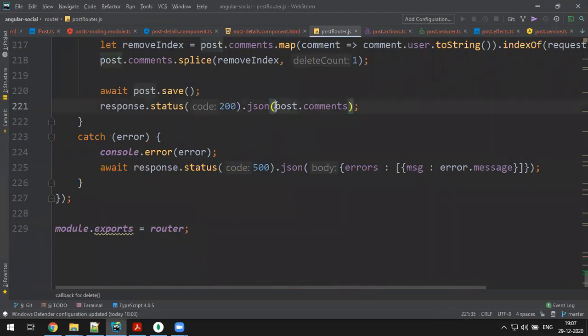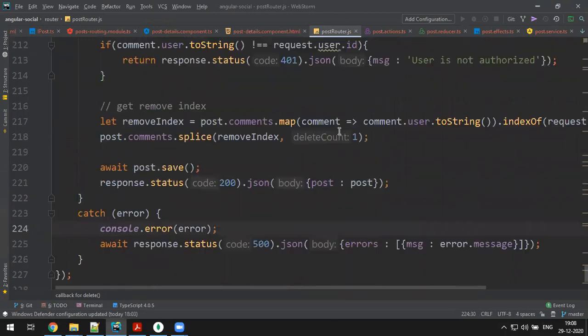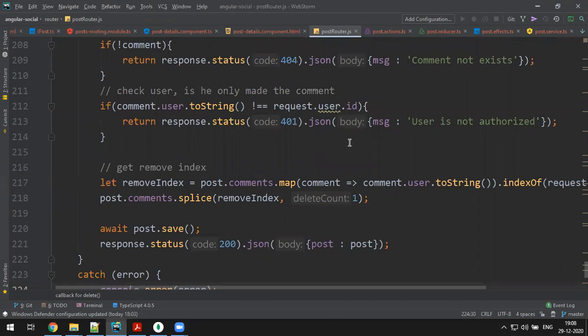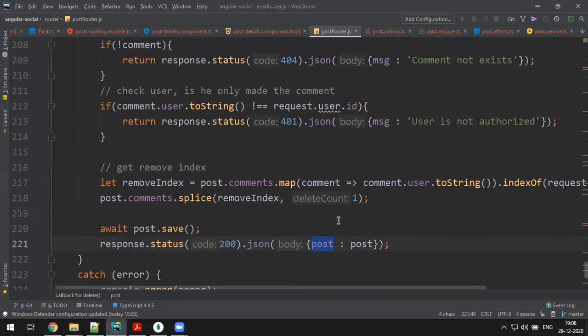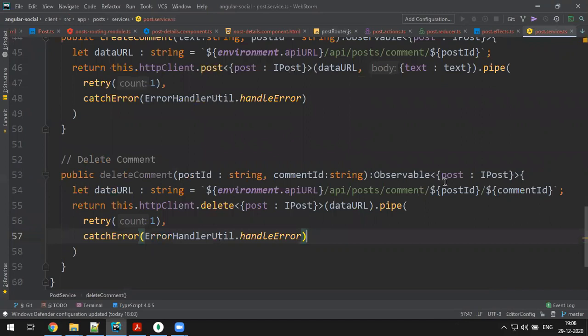Do one thing. You get the post as this. Why fetch comments and all? Just get the post. The post contains the comments, right? Yeah, you receive the post back. That post I add to my selected post directly. Okay, straightforward. So I receive the post after you remove the comment. The remaining post I get, which contains the remaining comments. Okay, yeah. So the service receiving the post for the delete path is done.